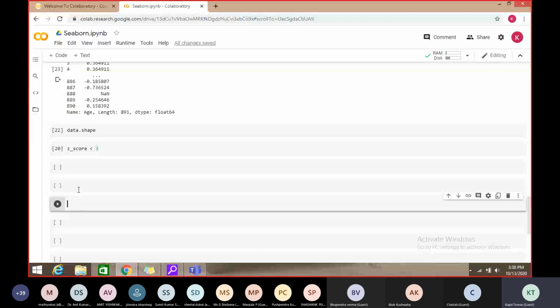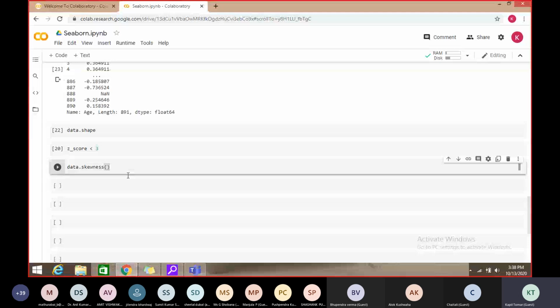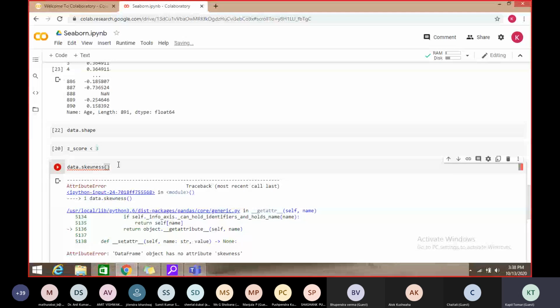If we want to check the skewness, which is helpful for checking the symmetry, we can call the method, then we can draw it with the help of a plot. So next, skewness: we can check the symmetry, how symmetrical these values are, or how these values follow the bell curve. Then we can check with the help of data dot skewness.